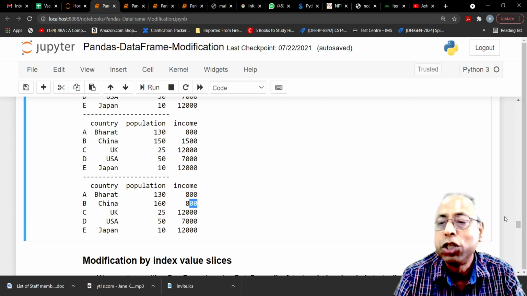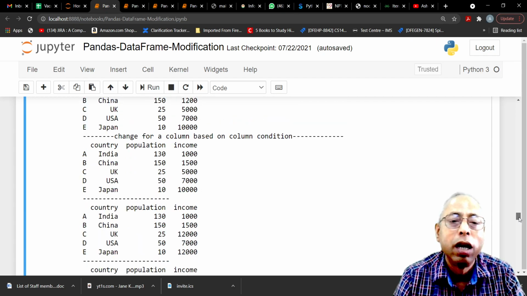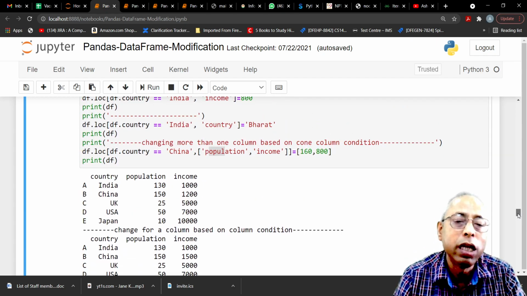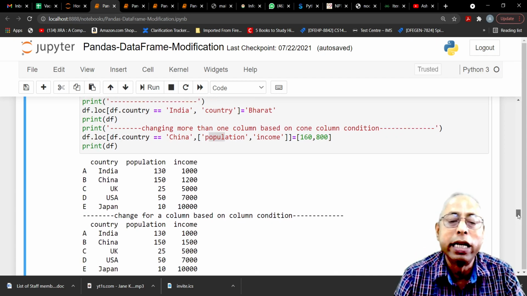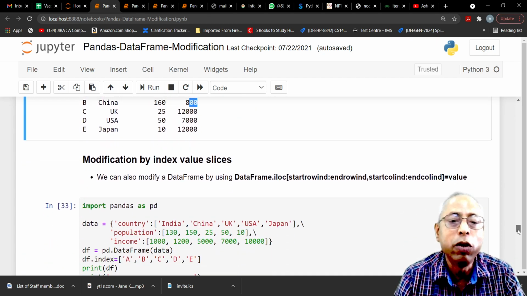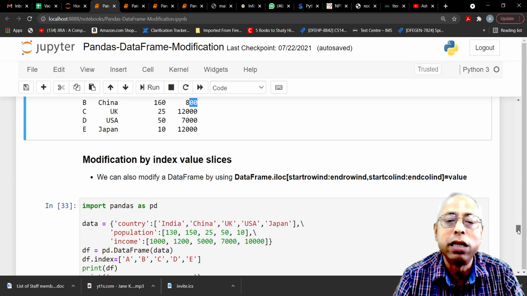This is how we change the contents of a data frame using the LOC and the label based indexing. The label is the name, not the absolute value. And now after this, we are going to make the same kind of changes using the ILOC, where index based slicing is possible.